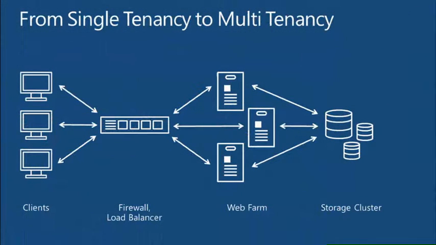Now, let's think about a typical application architecture. Every application looks something like this. On the left-hand side, you have some client, PCs, browsers, whatever. You have some kind of web farm in the middle. You are using web roles, worker roles, and things like that. Between the clients and these servers, you have some kind of networking infrastructure. And on the right-hand side, you have a storage infrastructure. Could be relational storage, could be NoSQL storage, could be blob storage. Now, what does this word